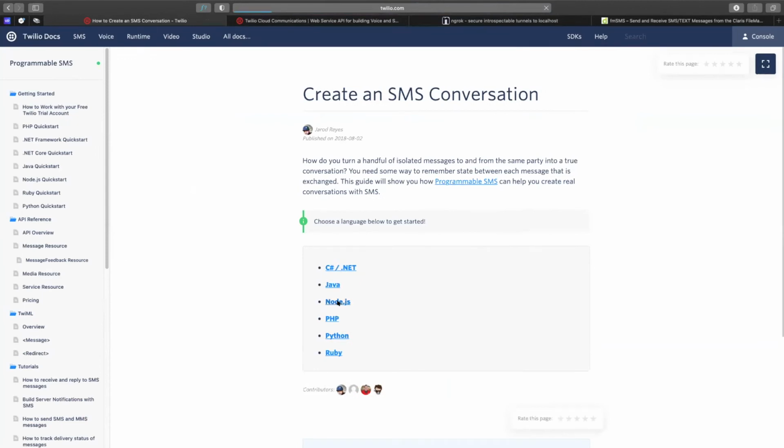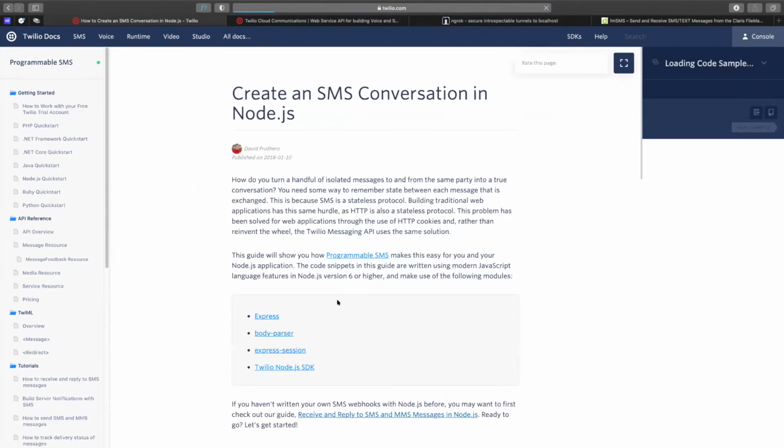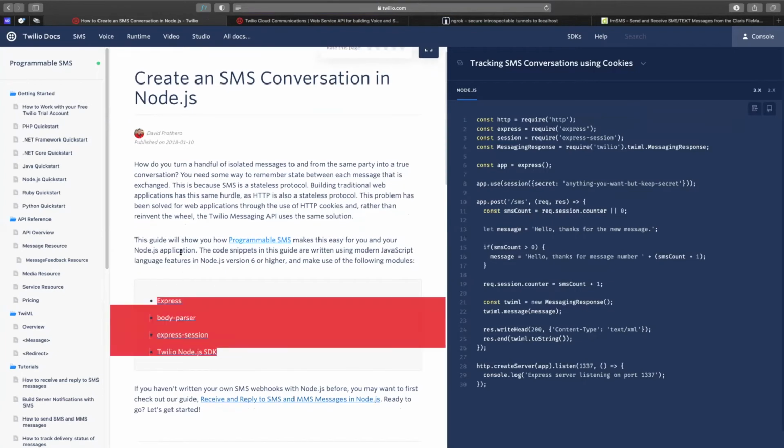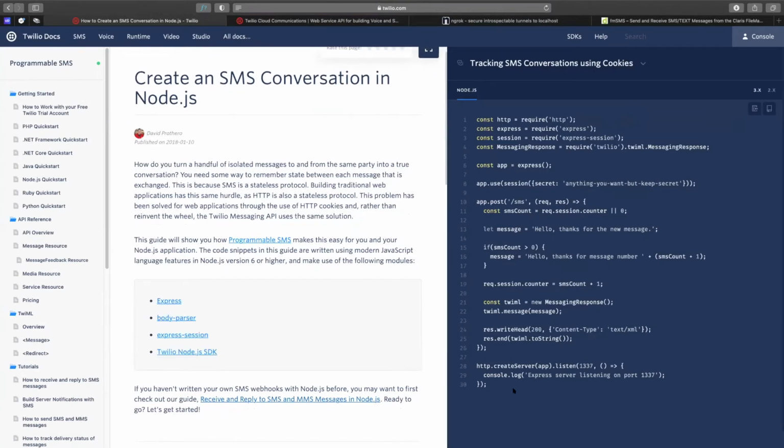And I'll look in Node. And again, their documentation's wonderful. So it says, here's what you're going to need to make this happen. Here's an example file. Okay, so the way that this works is, how do you turn a handful of isolated